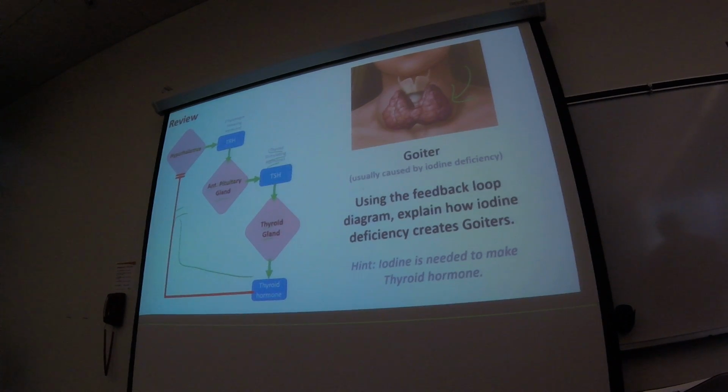So no TH is being made, it's just TSH is being made, causing the thyroid gland to enlarge. There'll just be a ton of TH or TSH. It will never stop again. It's growing and growing, but you don't have that necessary component to make what gives it